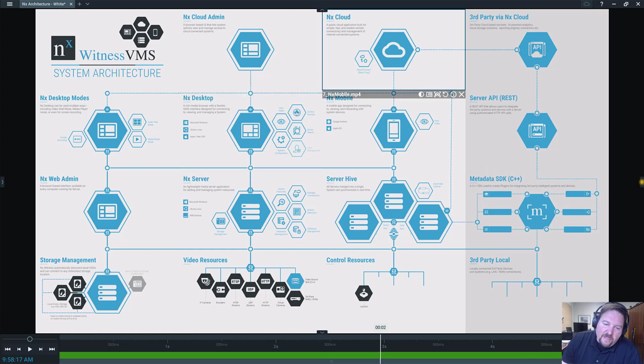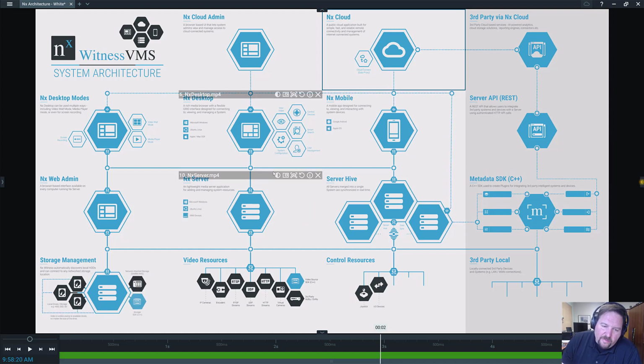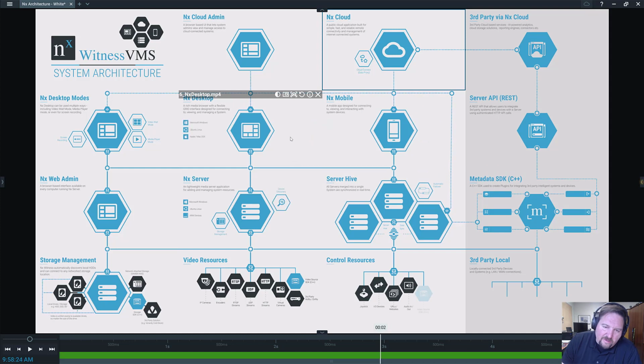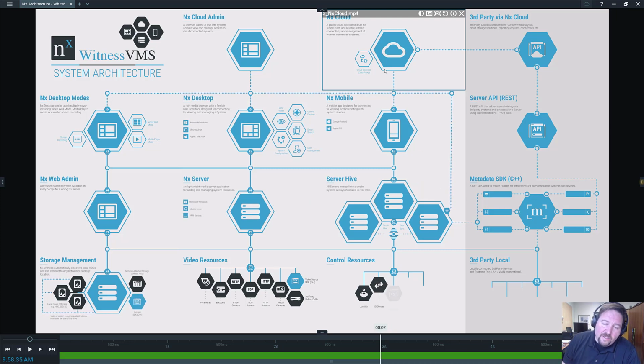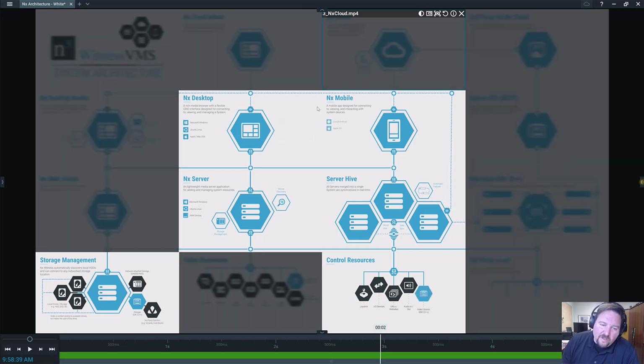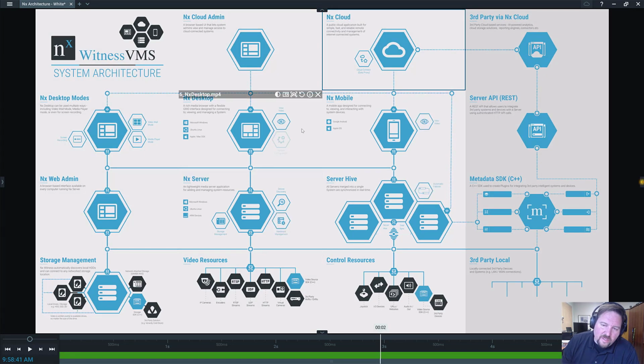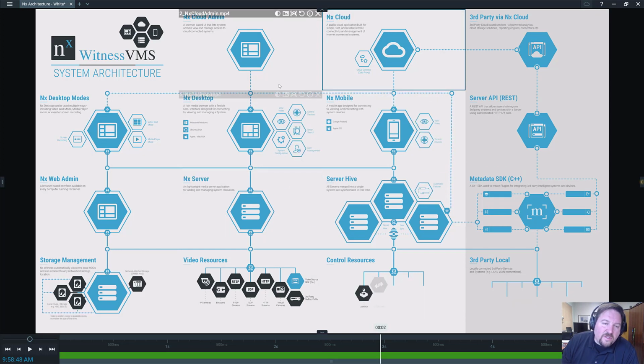ISP. But let's say you're in a different part of the world and you've got to go through several ISPs to get to your system, and it turns out the routing is complex and for some reason you can't connect. No problem. Our cloud application actually will proxy your streams and your data via cloud to your client device. So you don't necessarily have to have a direct connection back to your server. If you can't establish one for some reason, the cloud will proxy that information and deliver it to your client